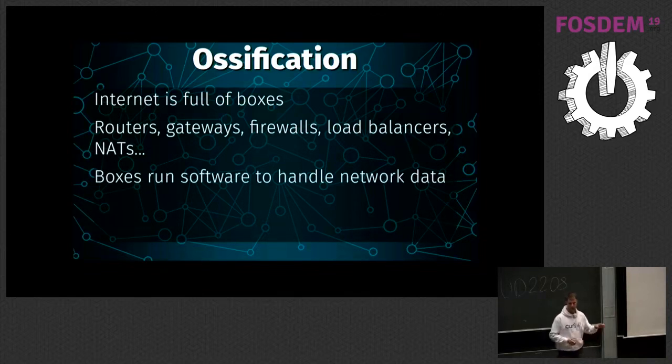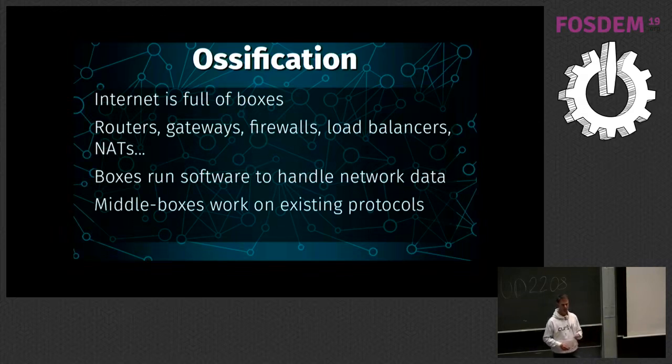And all those handle the network data in various aspects. They forward IP packets, they terminate TCP, they do load balancing for HTTP, they do all these fun things that we need to make the internet work. But they are all typically made, designed, written to handle today's protocols, right? They're implemented to handle TCP, the HTTP, the way we know how they work. And that means that they're typically very, very bad at handling slightly new things. When we try to change protocols, we come up with a new use of some bits in the header or new header values. A lot of these boxes, they don't like the new stuff.